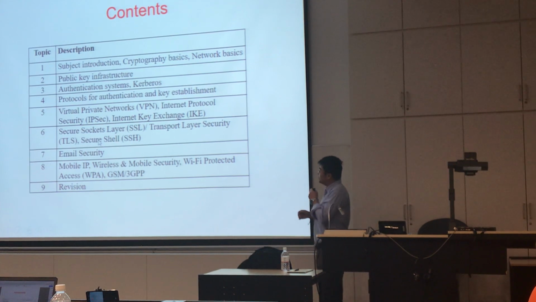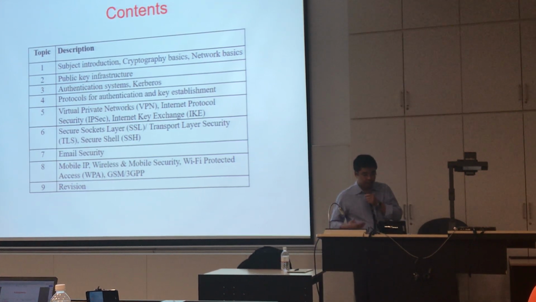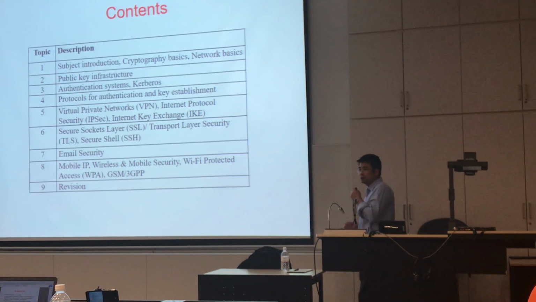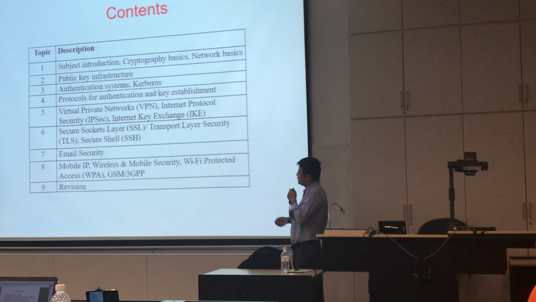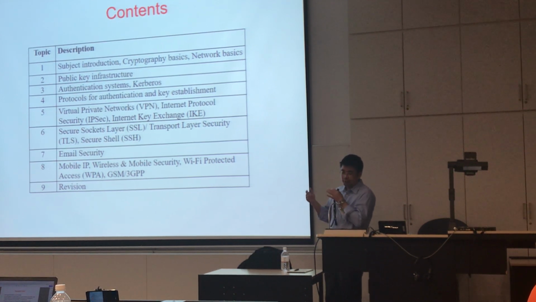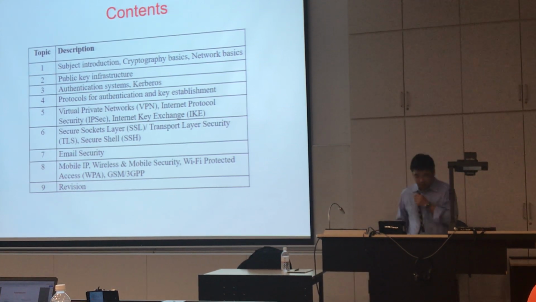Nowadays, we can also use SSL and secure shell to set up a VPN. You can use secure shell to set up a VPN connection. This is done using so-called port forwarding. We will look at the details of how port forwarding can be used to protect other communications. For example, secure shell was originally designed just to protect the remote shell. But we can now use it to protect web, email, and other communication. That means we can implement a so-called VPN using secure shell, and the technique is called port forwarding. So we will look at the details later.